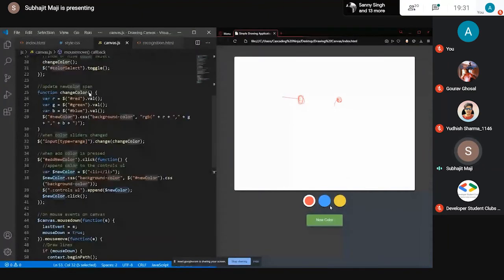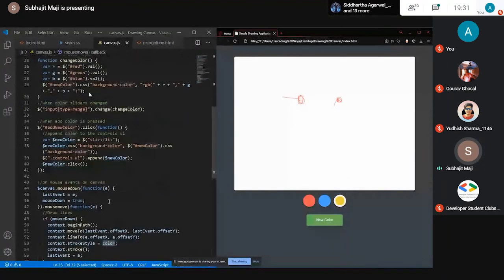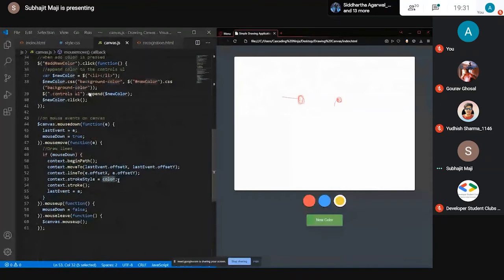If we don't want to do that and want a particular color, let's say the black line, it should be like this. So now if I replace it,